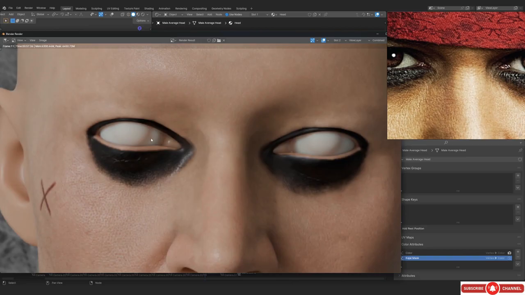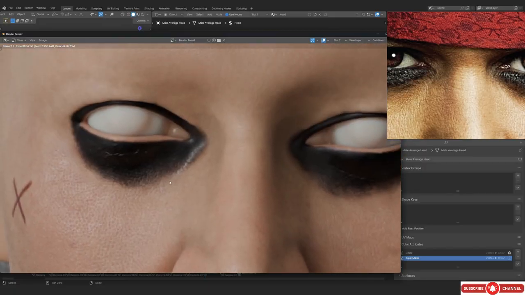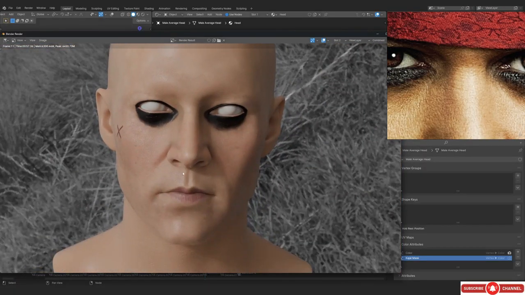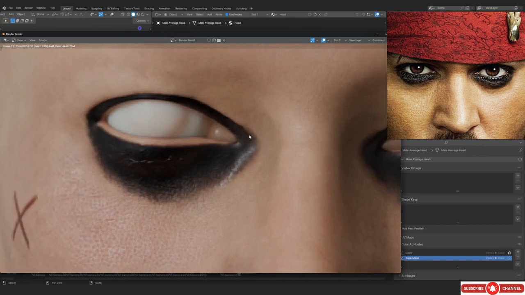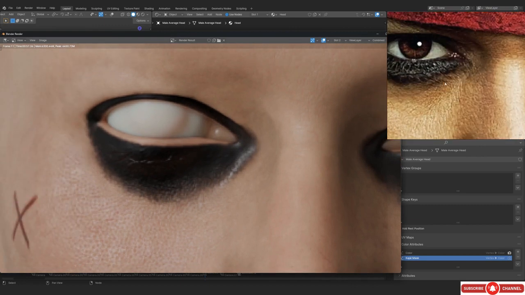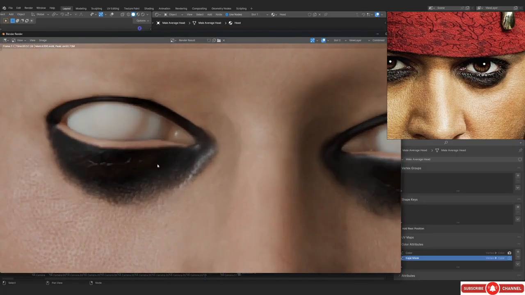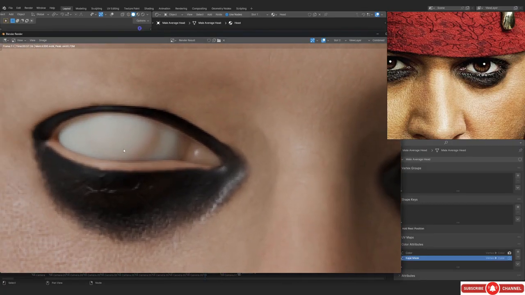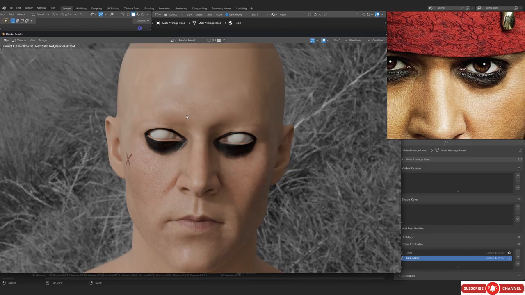So before I go, I promise you that I'm going to show you how to paint in the cracks or the detailed areas of your face. Basically, you just go into sculpt mode, and then you create a mask using cavity. There is an option there, you can find it pretty easily, and then you invert the mask and you basically paint out all the details.